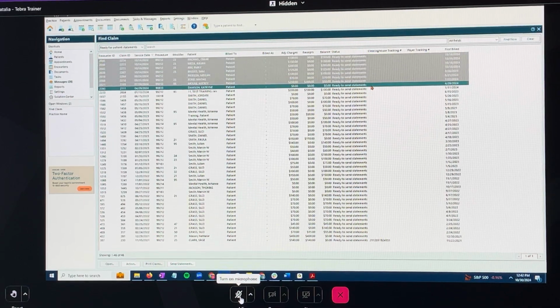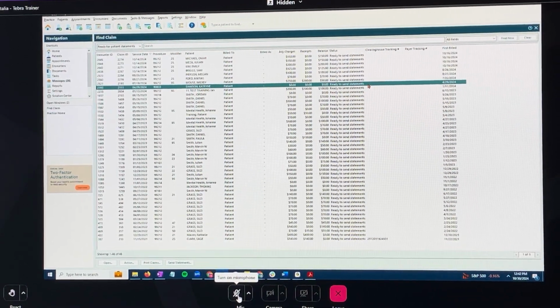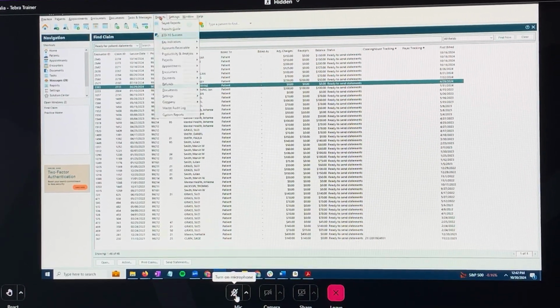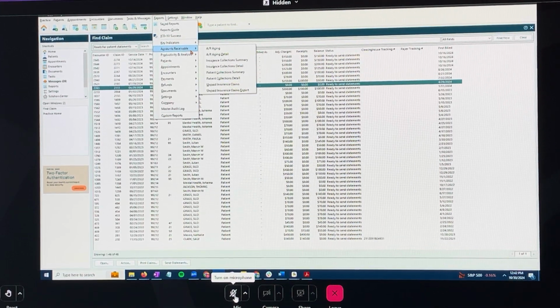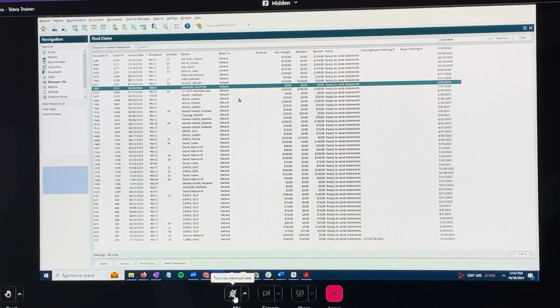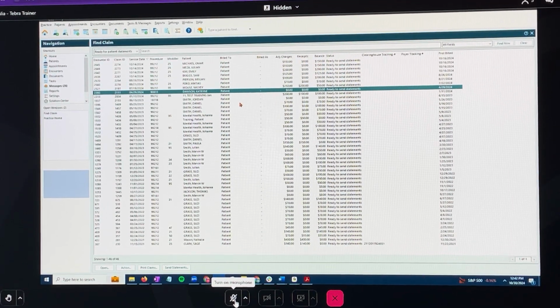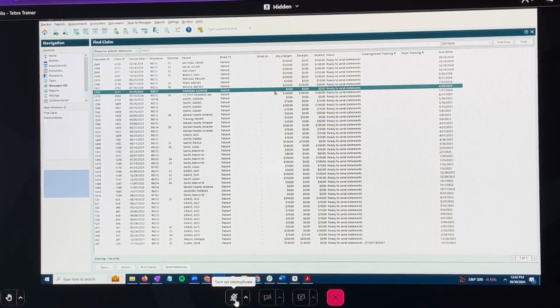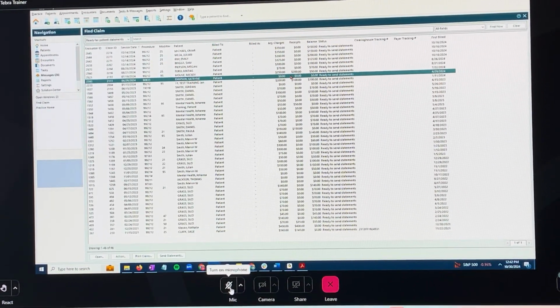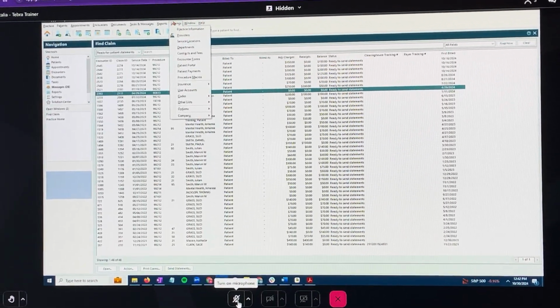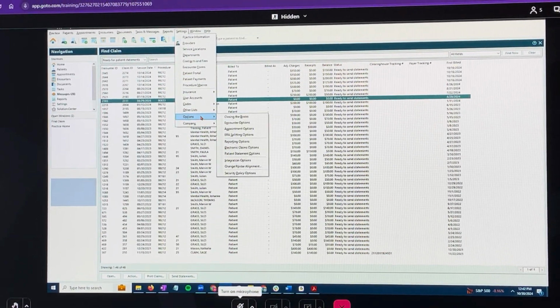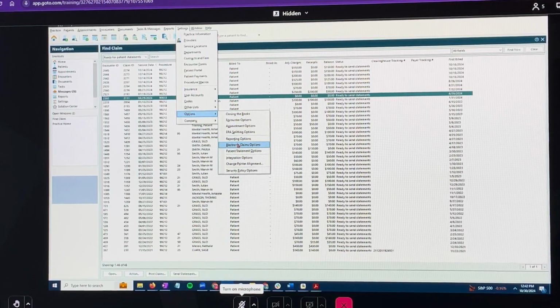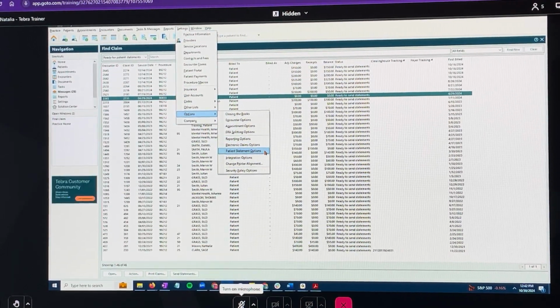But if you don't want to send a patient a statement, that's also fine. And that's when you will go to the report and post the patient payments from here, okay? Now, if you prefer to send a patient a statement, or if you will be sending a patient a statement anyways, my recommendation is go to your settings, first of all, click on options, and then patient statement options at the bottom here,